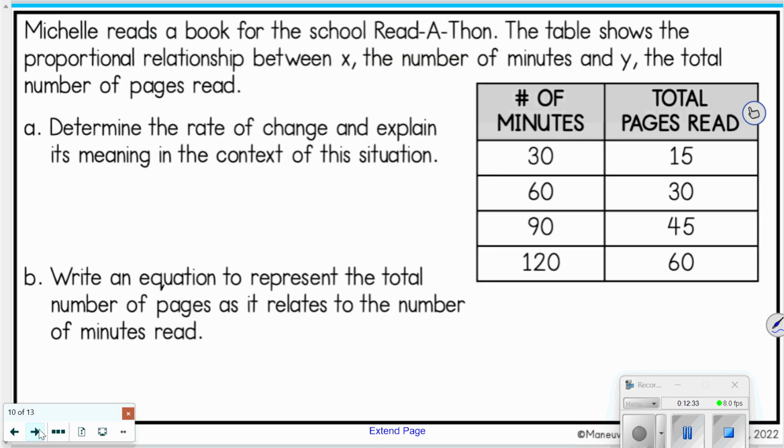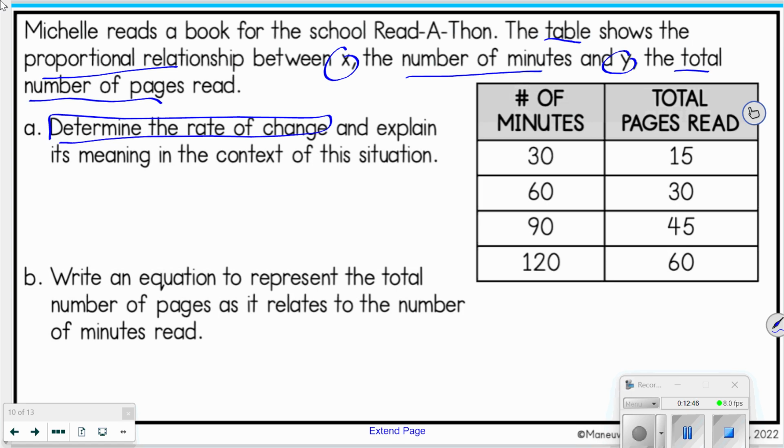Michelle reads a book from the school readathon. The table shows the proportional relationship between X, the number of minutes, and Y, the total number of pages read. So determine the rate of change and explain its meaning. We have two parts in the context of the situation. And then we're going to write an equation to represent the total number of pages as it relates to the